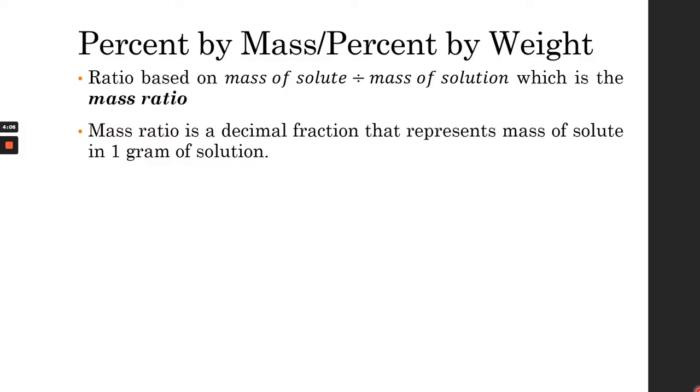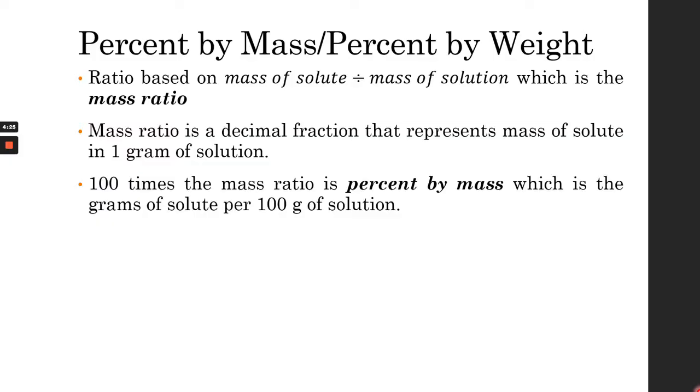We call this ratio of mass of solute over mass of solution the mass ratio. It is a decimal fraction, meaning it's basically a decimal form of a fraction that represents mass of solute in 1 gram of solution. 100 times the mass ratio is percent by mass, which is the grams of solute per 100 grams of solution. It's a lot of words, but